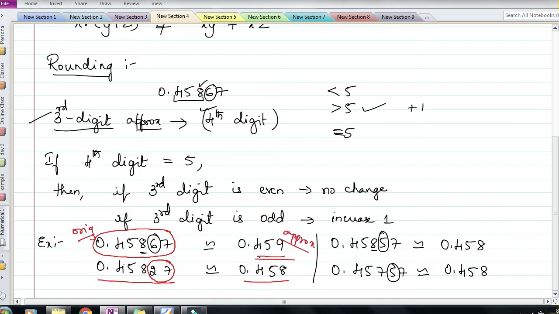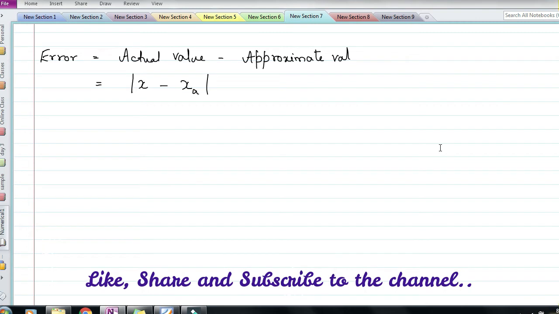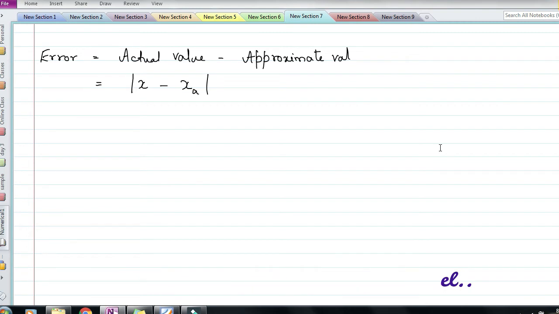We need to measure the amount of error that has occurred in order to know what is the accuracy level of the answer. Based on that, we can proceed with further calculations. Based on error approximations, we decide which algorithms are better under each situation. If one algorithm is giving you more error and the other algorithm gives you less error, then we choose the algorithm which gives lesser error to get more accurate answers.